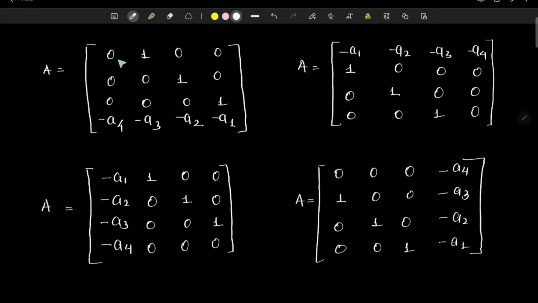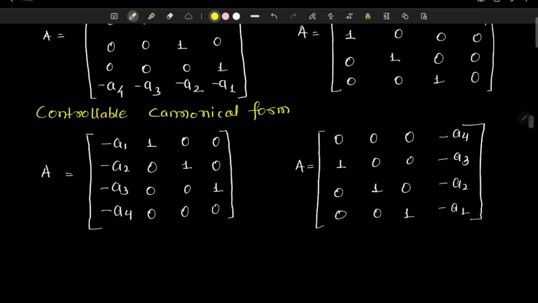In the upper part of the matrix, the diagonal elements are unity and the lower row consists of negative coefficients of the characteristic polynomial equation, or the lower part of the matrix contains diagonal elements as unity and the upper row contains the negative coefficients of the polynomial equation. Then these two forms are called the controllable canonical form. Okay, and